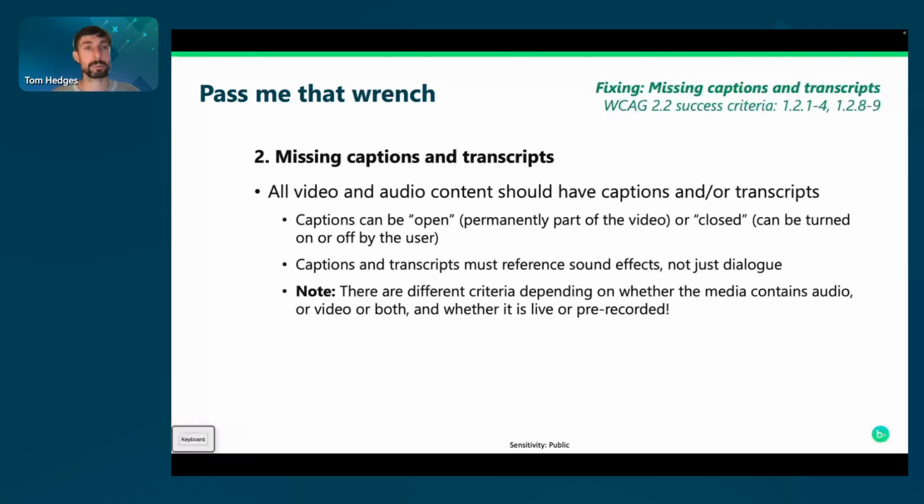Okay, next up we have missing captions and transcripts. This is very nice and straightforward. All video and audio content should have captions and/or transcripts to accompany them. Those can be open captions that are permanently part of the video, or they can be closed captions, similar to the ones being used for this presentation, that the user can turn on or off as they wish. And those captions and transcripts should also reference things like sound effects, anything other than dialogue, essentially,